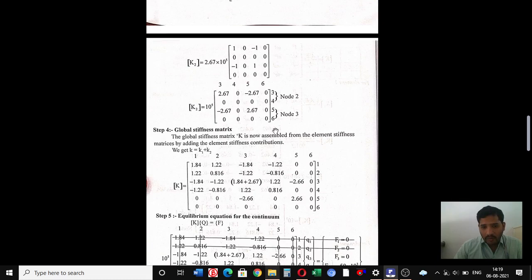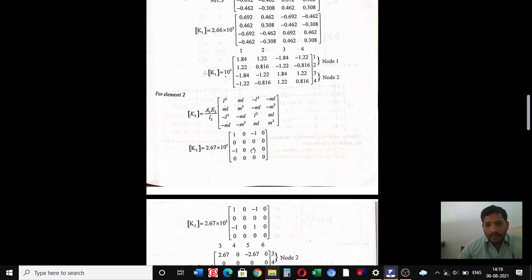Again second node to the fifth node, is it available? Not available. Come to the second elemental stiffness matrix, is second to fifth available here? Second to fifth is not available. For that reason we consider it as 0. 2 to 5 also 0. 2 to 6 also 0, because it is not available in the elemental stiffness matrices. If it is not available, then you need to consider the value as 0. Clear? Then again the third one,